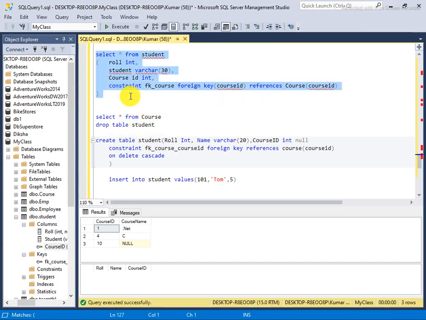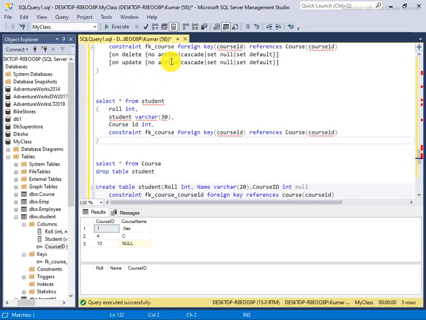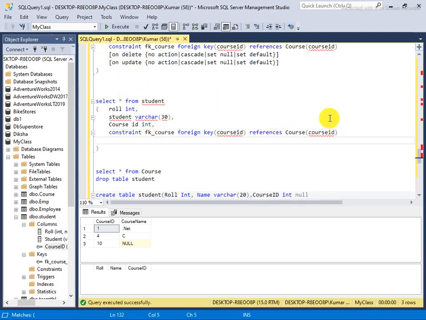Here I have not mentioned on cascade, on delete, nothing has been mentioned. I'm not writing anything here, but by default SQL Server considers no action. If you are not putting anything, it's the default, whether you write it or not.